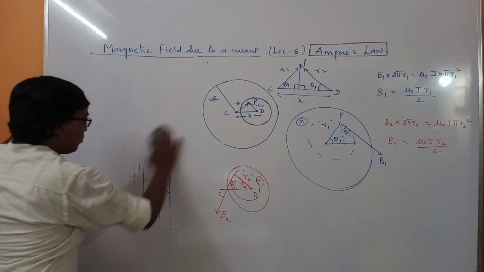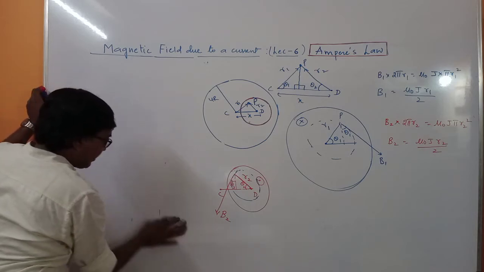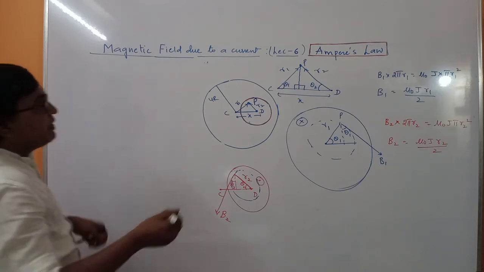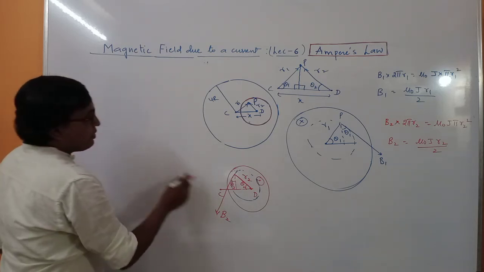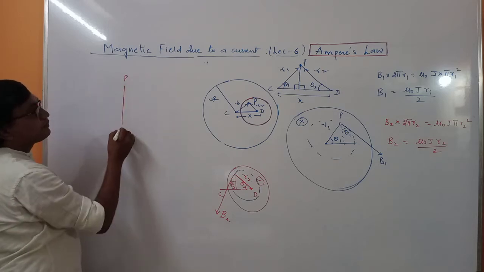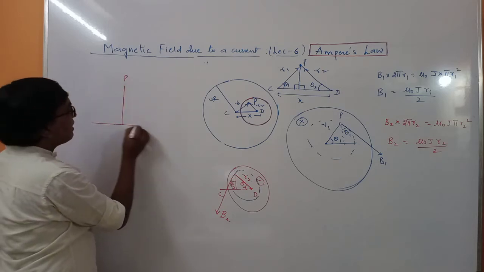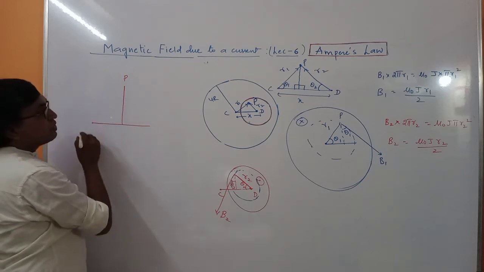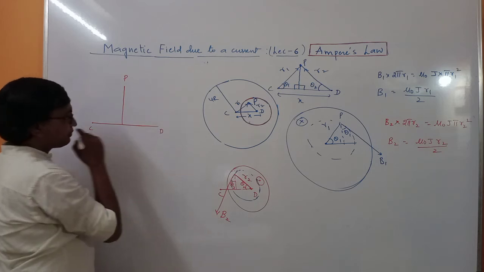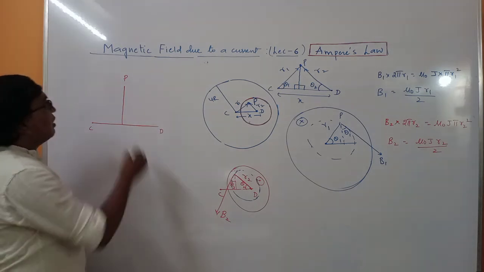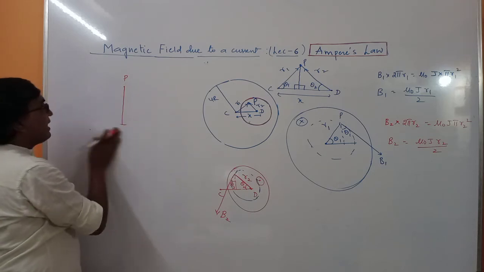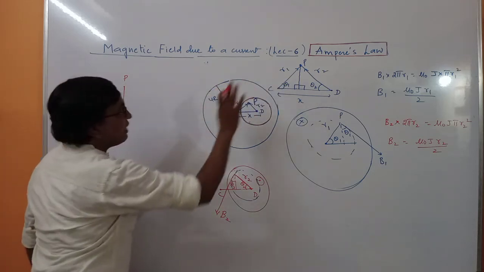Then we will find out the total magnetic field in the cavity. So the total magnetic field will be, so this is P and this is perpendicular. So this line we had C and this has D. Now we have considered the magnetic field at this point. So first of all, let us take the magnetic fields, and here we have another diagram.